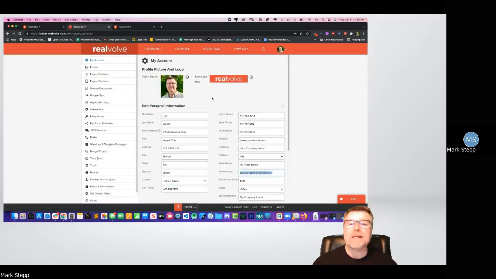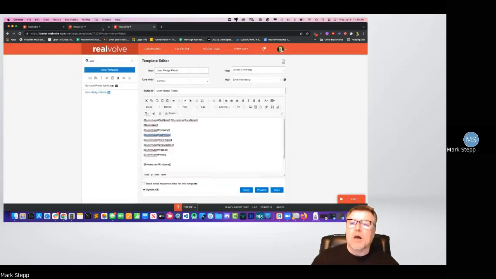That's one of the powerful pieces of a merge field. So hope you get that. So some of the other merge fields. Now we have one other merge field that is really, really important, and I know we've created some other trainings on it, and it is what I call the